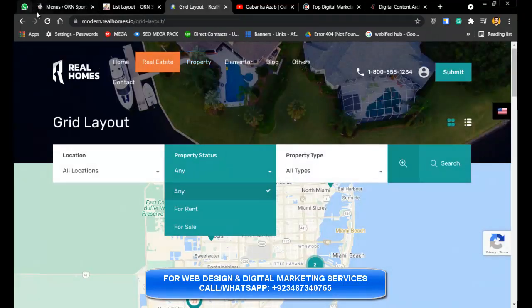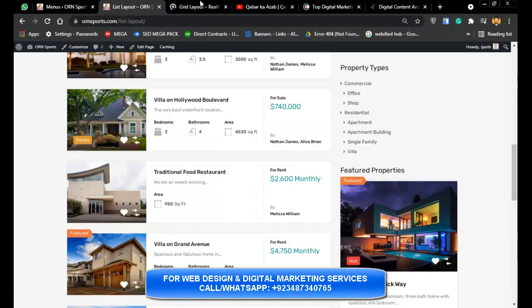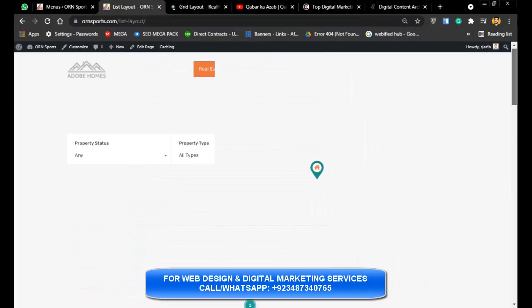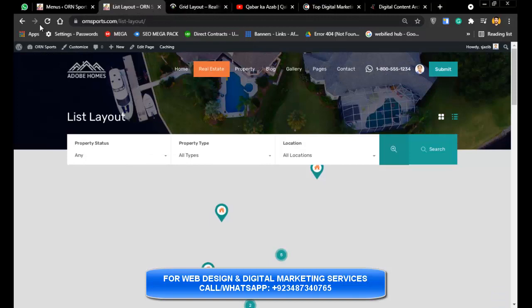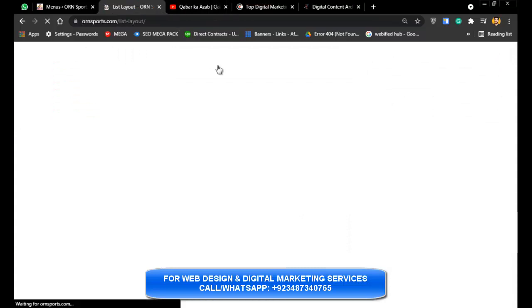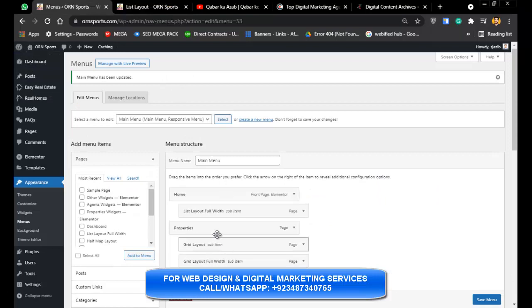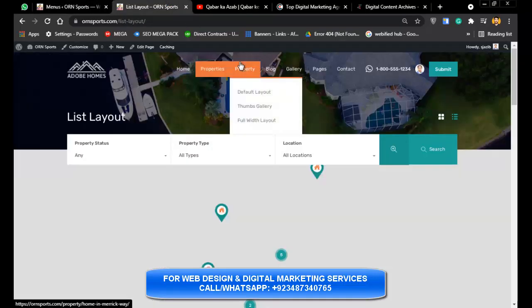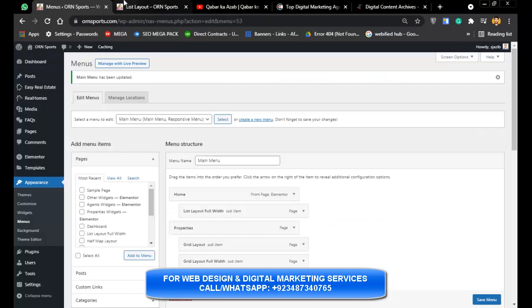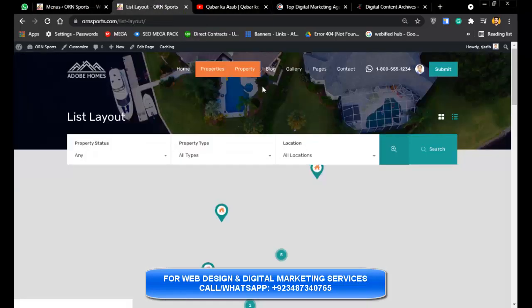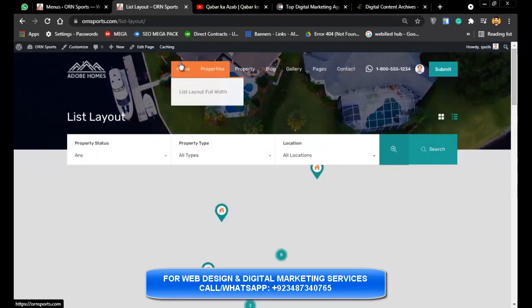Now if I refresh the website, you will be able to see, sorry, it's a demo website. So here I'll refresh the website, and you can see its properties here. And if you want to delete all this, you will have to remove all this. You can repeat the process, and you can edit the menu in this way. After editing the menus, we now want to edit the page.